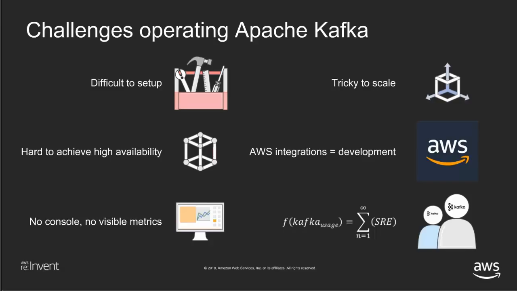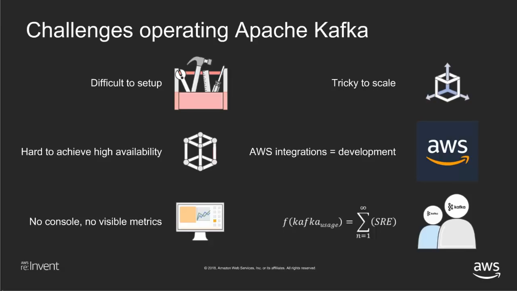If your applications need to be integrated with another AWS service, either for a core data plane integration or for a control plane integration that you would like to see within the cluster, all those integrations you need to build on your own, typically, if you're running Kafka on your own.